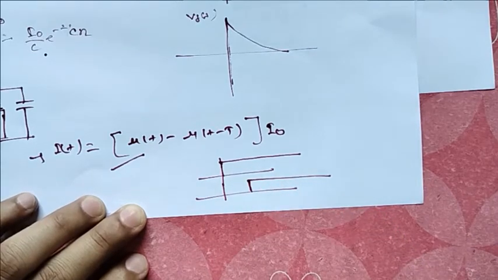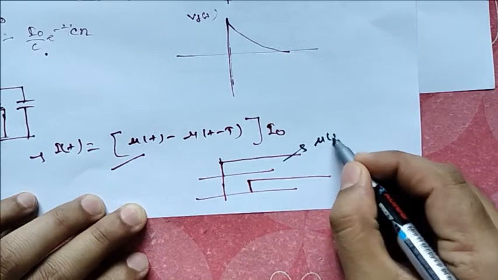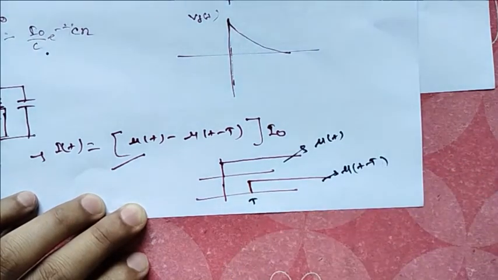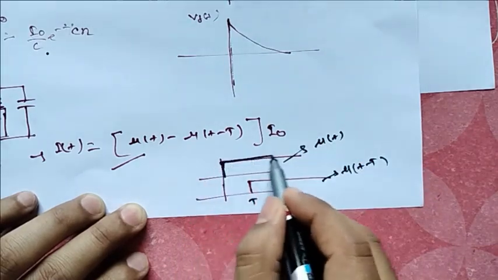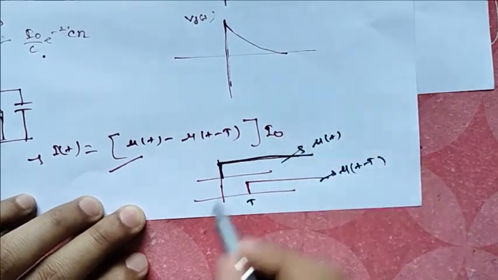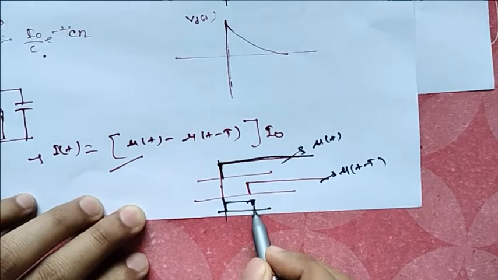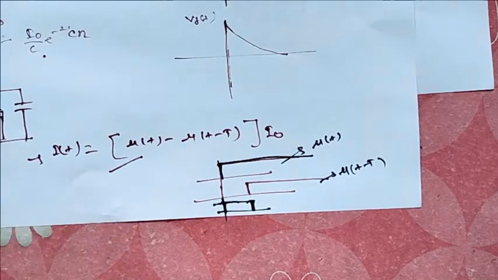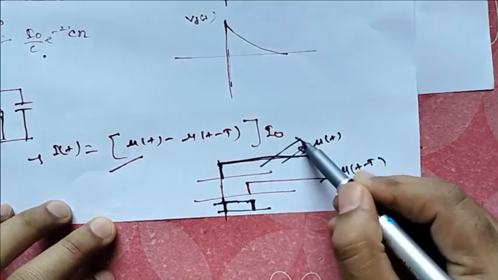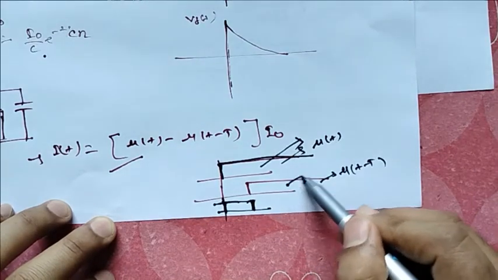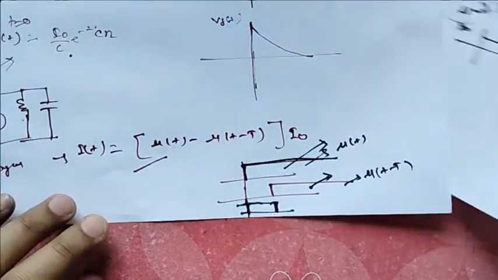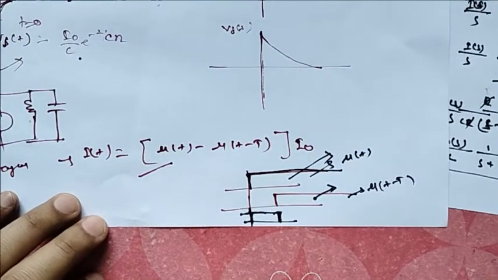If I subtract this u of t and this u of t minus tau, then if you subtract the whole of this with this one, you are going to get a small function that is called a rectangle. Now we are going to plot this response. What we will do is apply superposition. We are going to take the response of this one and the response of this one, and we will subtract, then we are going to get the rectangular response. Now taking another sheet.